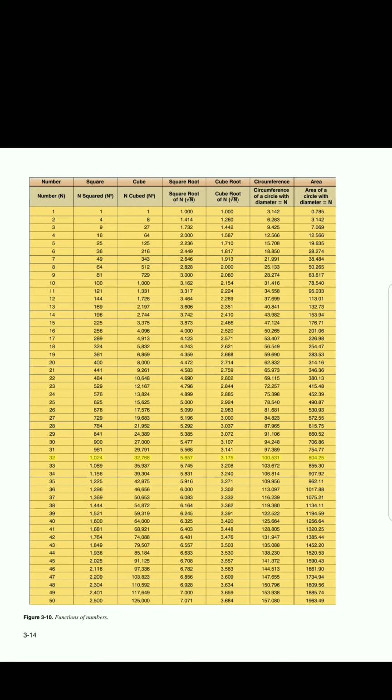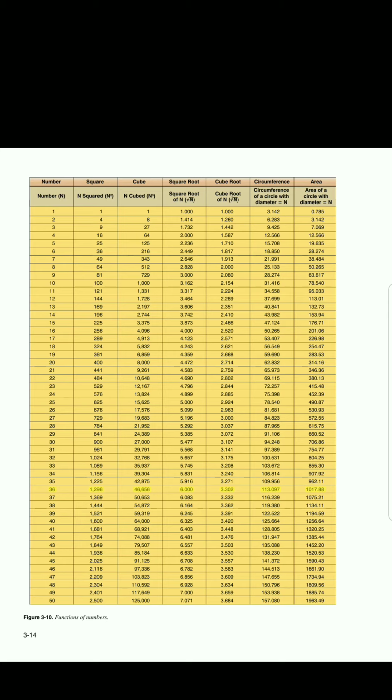32,768, 5.657, 3.175, 100,531, 804.25. 33, 1,089, 35,937, 5.745, 3.208, 103,672, 855.30. 34, 1,156, 39,304, 5.831, 3.240, 106,814, 907.92. 35, 1,225, 42,875, 5.916, 3.271, 109,956, 962.11. 36, 1,296,